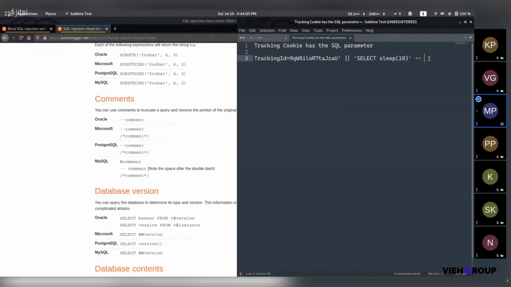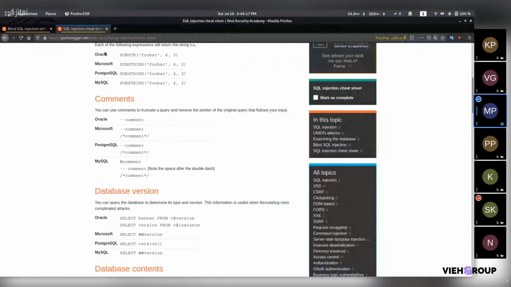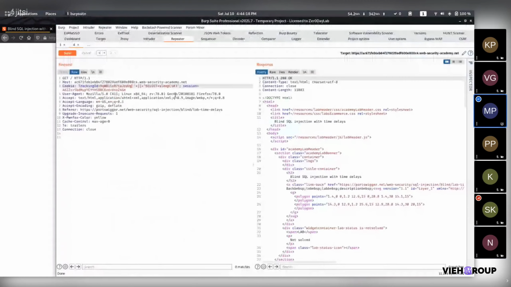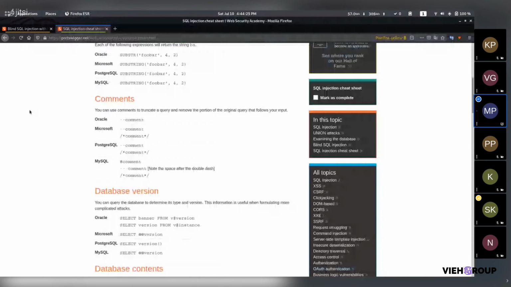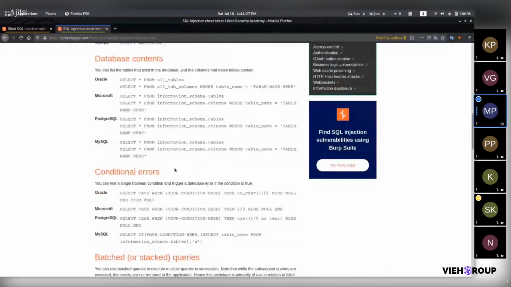If another query is there, it will not be executed because we have commented it out. So let's try this, adding it to our Repeater. See, it is also not working. So I think the database is not MySQL.